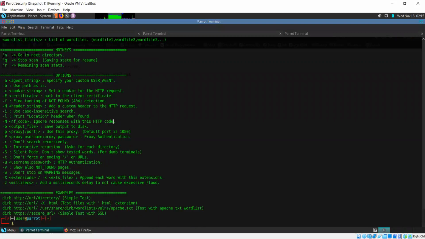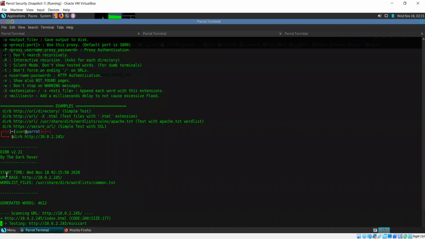What we do is we use this tool, and it uses its word lists to try and figure out what directories or what files are present on a particular URL. So it's also like a dictionary or a brute force attack, you could say. Or it's not really an attack, it's just trying to figure out whether those pages exist or not. So dir http and the IP address in our case, because that's our URL.